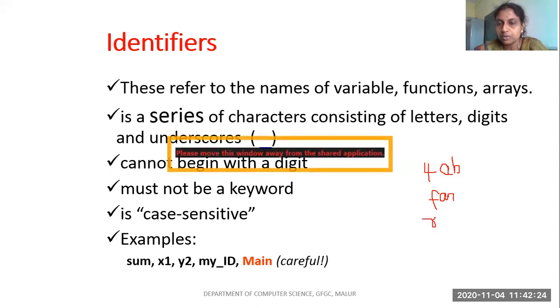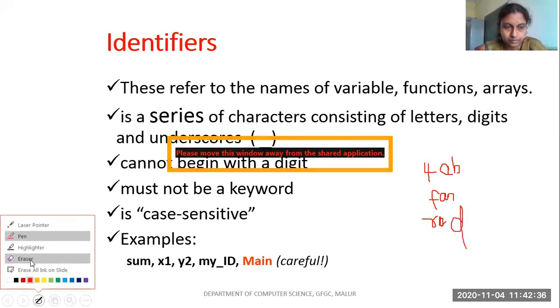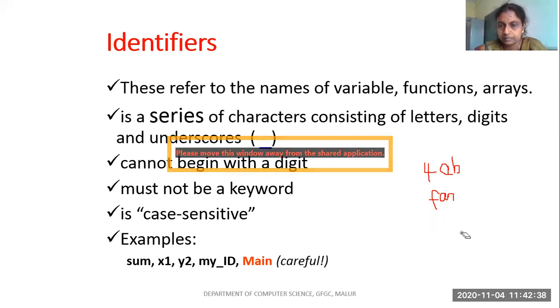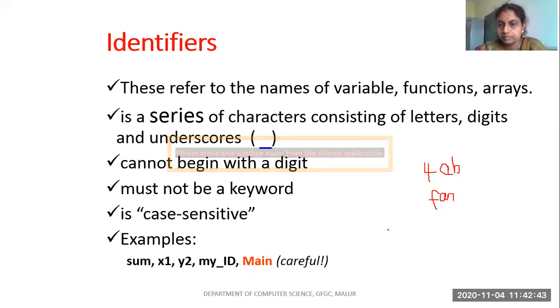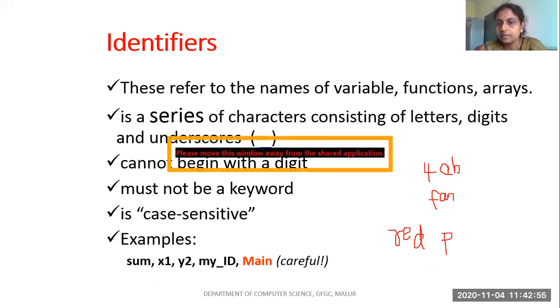Then I have a variable called E. So I'm typing a word called red pen.